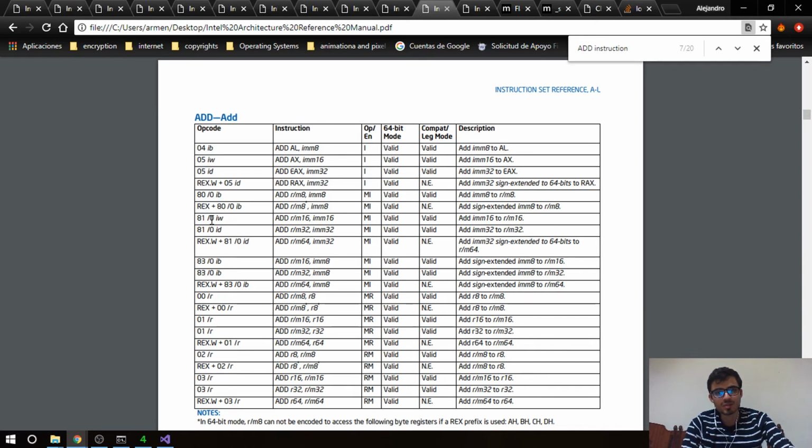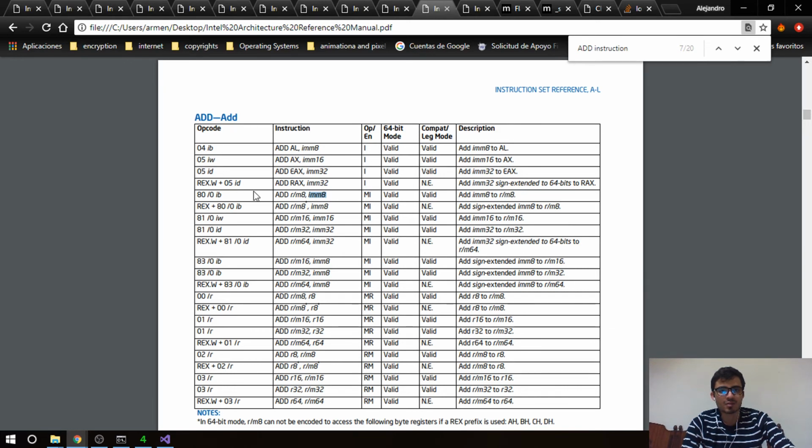it's 000 because that's the reg field encoding on the ModRM. So it's just like, hey, this is a special group thing, that's why we have a 0, and we have an immediate word or immediate double word. And the other case is for the byte thing, because if you have an 80, it has to be a byte, so it's a register memory 8 with an immediate 8, and